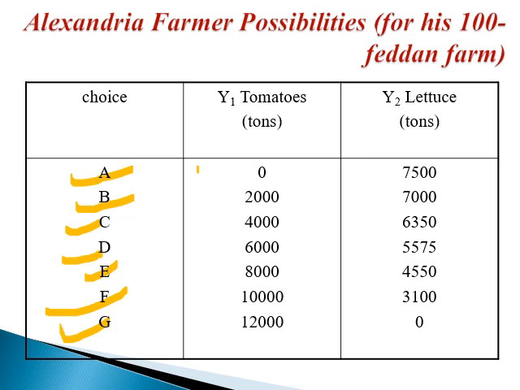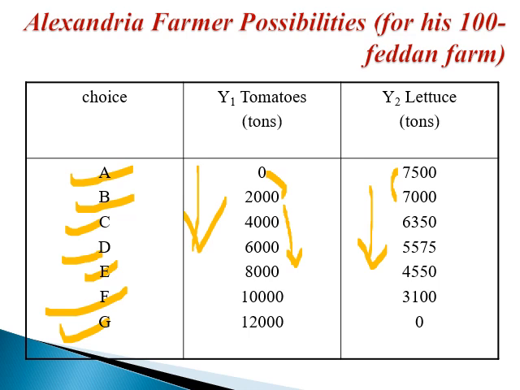And as you can see when we move from up to down, the second choice: now I'm going to produce 2,000 tons of tomatoes. In that case, look at the amount of lettuce produced. Is it more than 7,500 tons or less? It has to be less. Why? Because I'm talking about what I can produce given a constant amount of resources. So if I produce more tomatoes, from 0 to 2,000, then I have to produce less lettuce. And the story continues. The more tomatoes I produce, the less lettuce I produce,